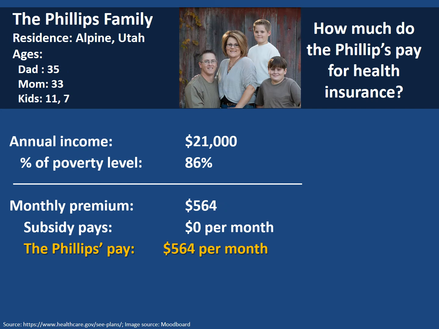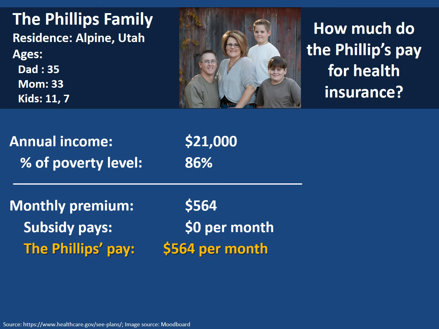But what if you're outside of the goalposts? Let's talk about that. So if you're above the goalpost, right, if you're above the income level to get assistance from the federal government to pay for your health insurance, the assumption, at least when they wrote the law, whether or not this is correct, the assumption was that they could afford to buy health insurance at full cost. Now the Phillips family, this is a different case